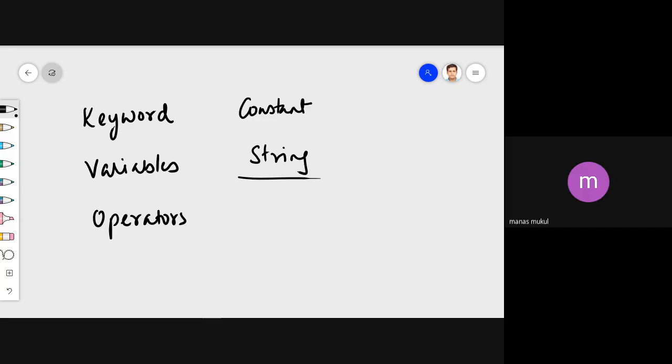Okay, brilliant. So examples of strings: apple, banana, orange, hello, hi. Your name is a string. My name is a string. My name is Manus, and this is a string. Okay, your name is also a string. All right, fine. Now, when we talk about a string, can we have characters like, for example,